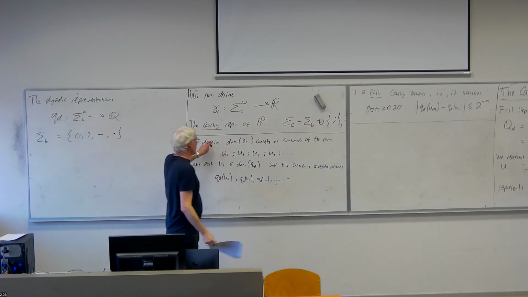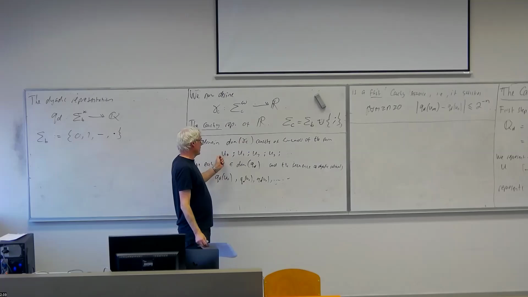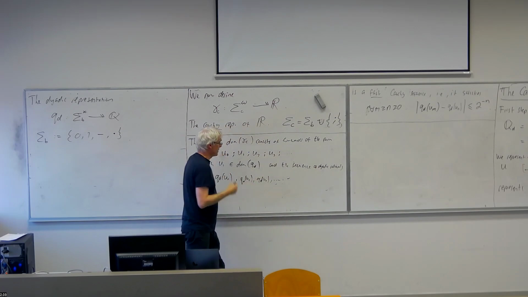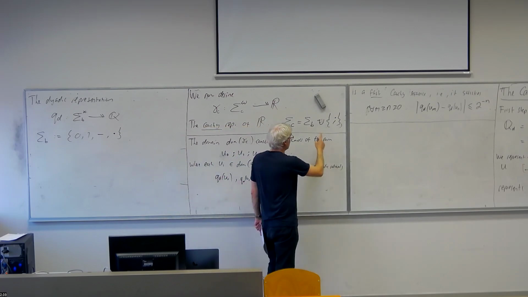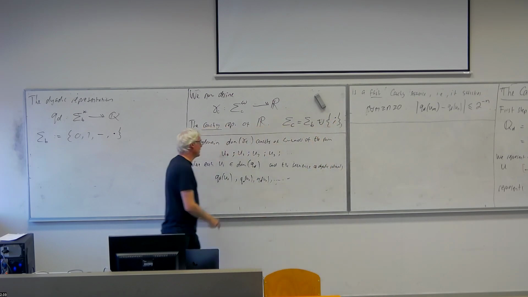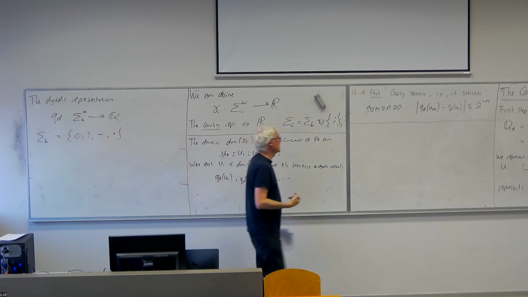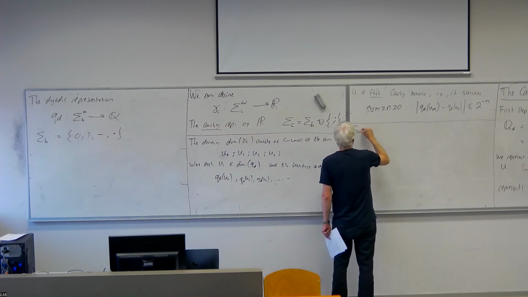So this is now specifying the domain of the Cauchy representation. And now we want to say what we've got as a name. An omega word over this alphabet, 0, 1, decimal point, minus, and semicolon, is a name only if it satisfies this property. And now we need to define the representation of the reals. We want to say what the real number represented by such a name is. So for such a name,